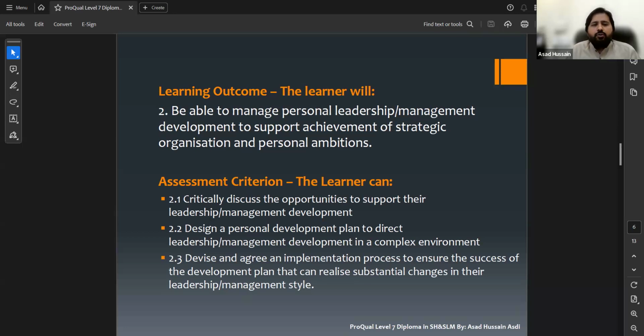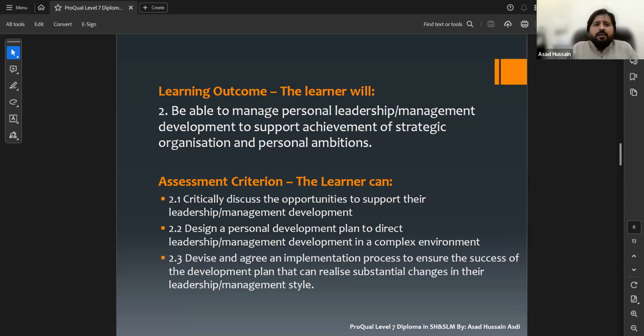The first one is 2.1: critically discuss the opportunities to support their leadership and management development. So the first assessment criteria is 2.1, critically discuss the opportunities to support their leadership management development.